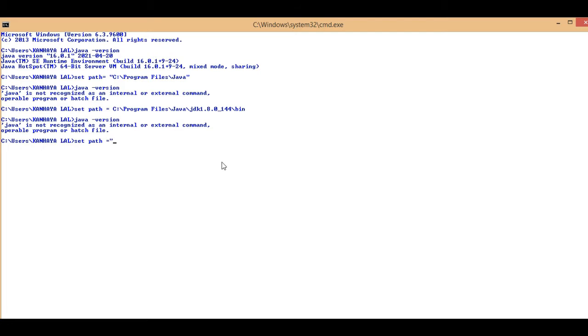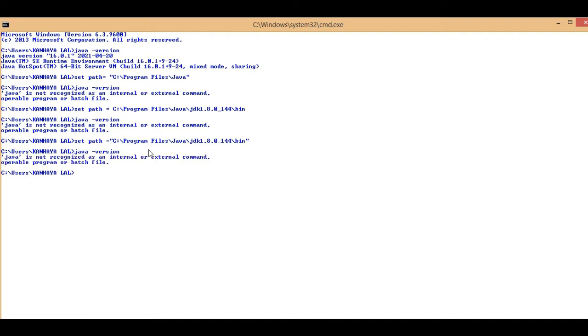we have to give it in double quotes, I think. Set path equal to, now I'm checking the Java version. Set path equal to C program files Java JDK.